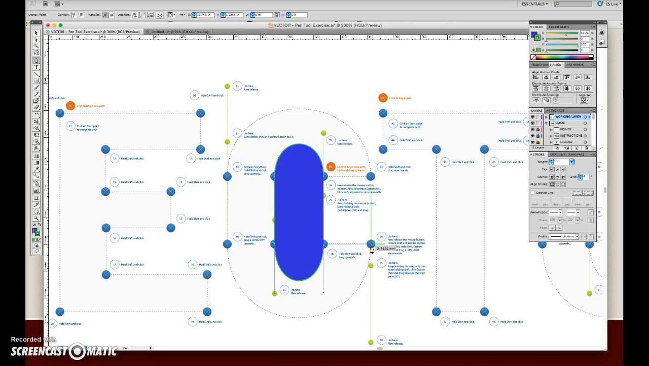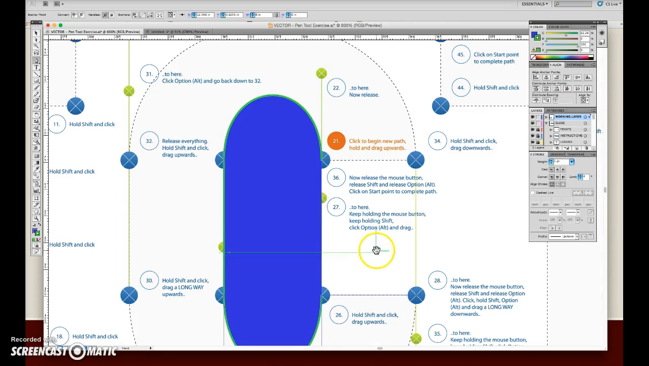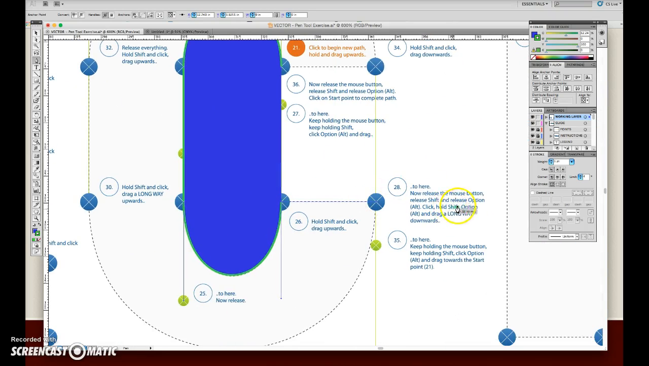Okay. I'm going to zoom in again. I kind of clicked on accident. All right. Okay, so release shift and release option. Click and hold shift. So I'm going to click on it once, hold shift. Okay, I'm going to click first and then hold Shift,